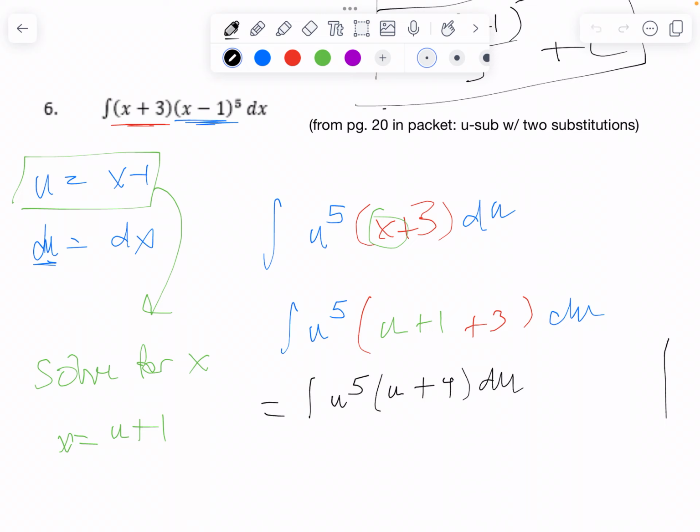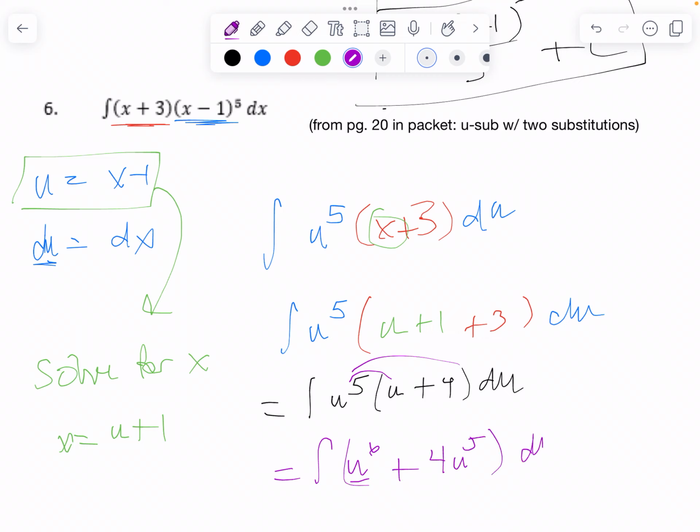And what next? What do I do next? Now I'm going to distribute. I'm doing the math that's right in front of me here. I can't integrate u to the 5th yet because it's multiplied by u plus 4. I told you guys in the beginning of u subs, I'm not allowed to actually distribute the u to the 5th into u and plus 4. I have to just distribute and do term-by-term integration. So the next part I'm going to do is just multiply these out. So this is going to be equal to the integral of u to the 6th plus 4u to the 5th